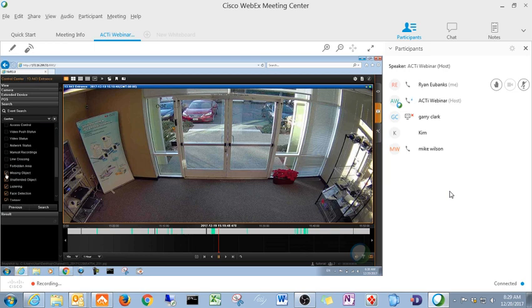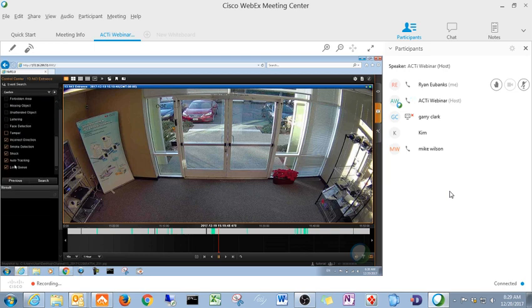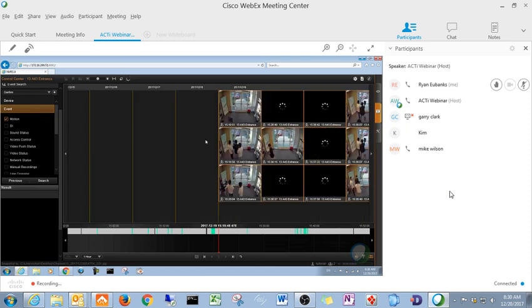So we don't need any of this other stuff. These are all analytics that are available on the corporate. If you have enterprise, you will be able to look for motion and for tampering. All this other stuff is available on the corporate: line crossing, forbidden area, loitering, unattended objects. So if we look for motion, then click on search,